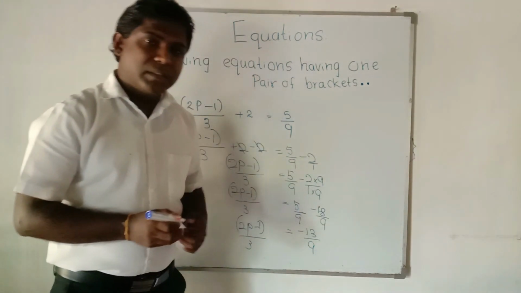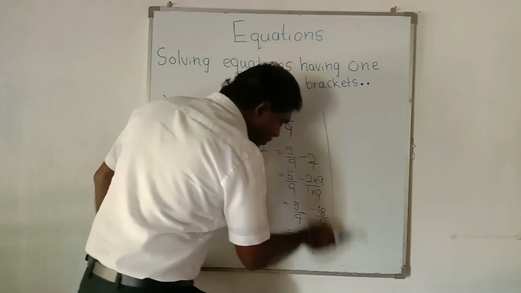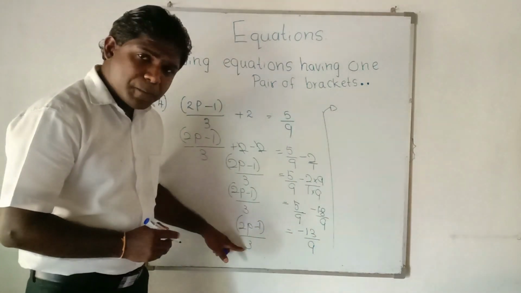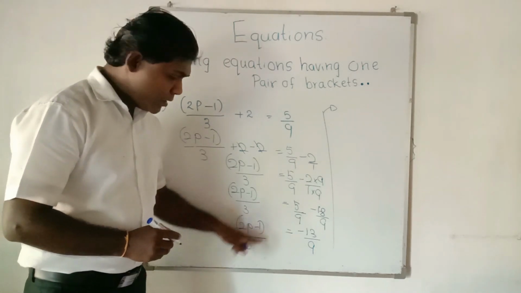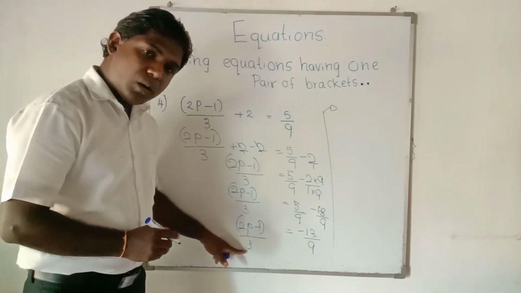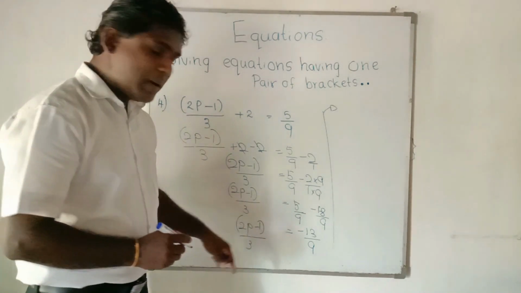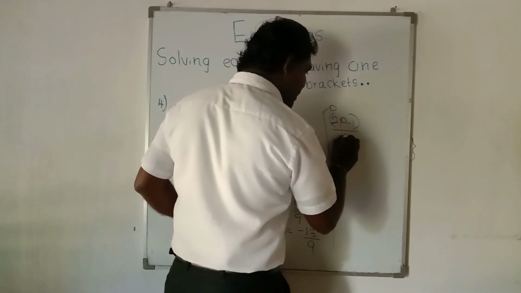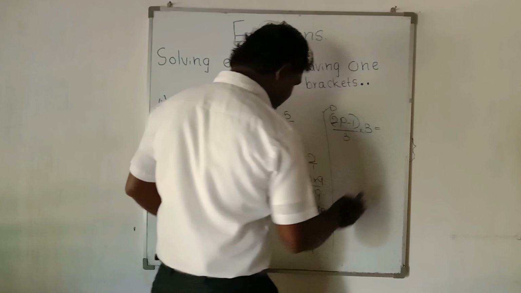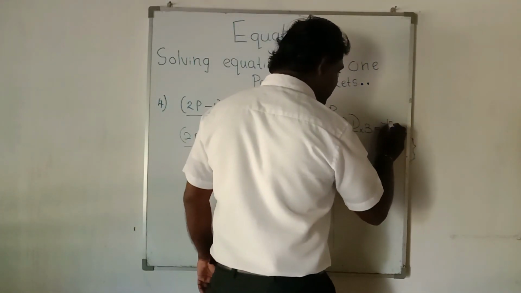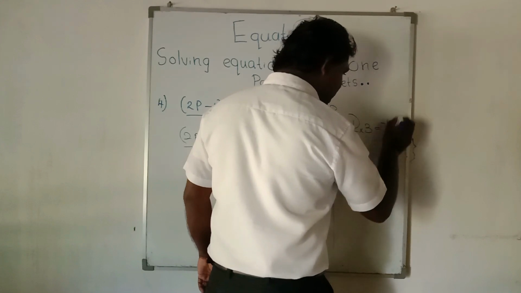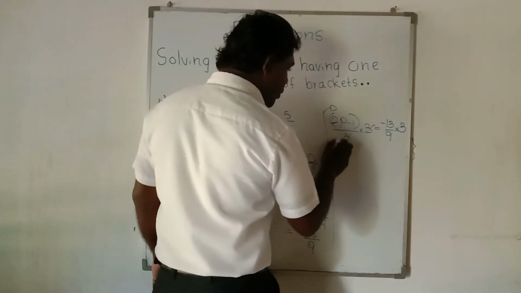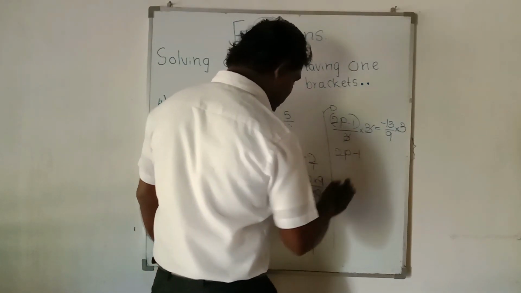Because here there are some more simplifying steps. Okay, then on the other side, now we can cancel this 3 before the bracket. How? Division means multiply. 2p subtraction 1 divided by 3, because we multiply by 3 on both sides. 13 upon 9 multiply by 3. Now 3 to 3 cancel. 2p subtraction 1